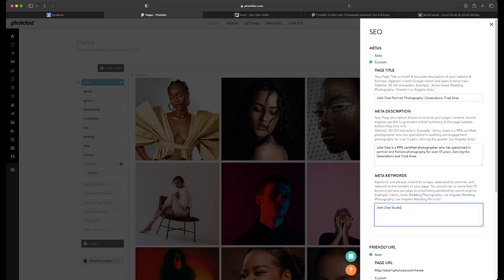So John Doe Studios, John Doe Portrait Photography, and then like Greensboro Portrait Photography, Portrait Photography,